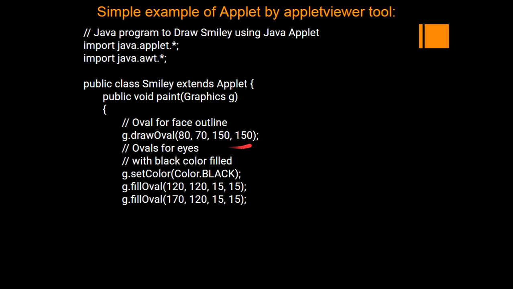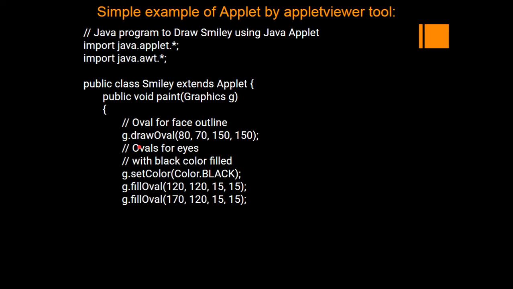So with 150 we will draw a big circle, and this will draw a small circle. So 15 is the value, that is the width. Since both the values are the same, it will draw a circle or round shape. But the function is actually oval only. If you want to draw an oval shape, we have to change the parameters. If both are the same, it will draw the circle. If both are different, it will draw the oval, whether it is a vertical oval on the x-axis or a horizontal oval on the y-axis.